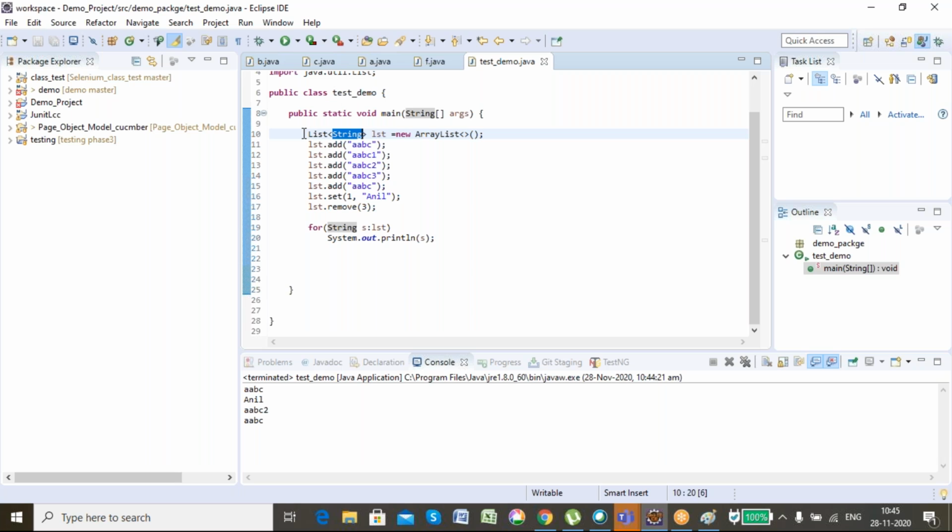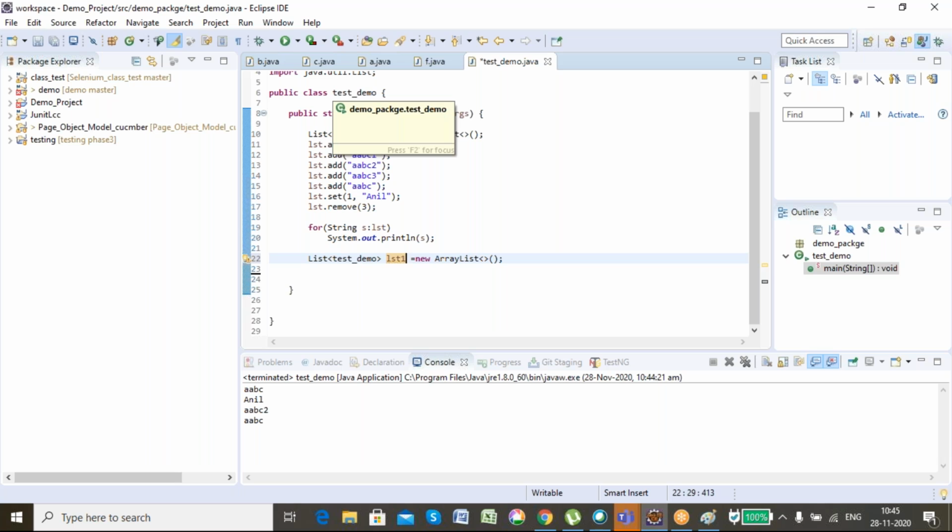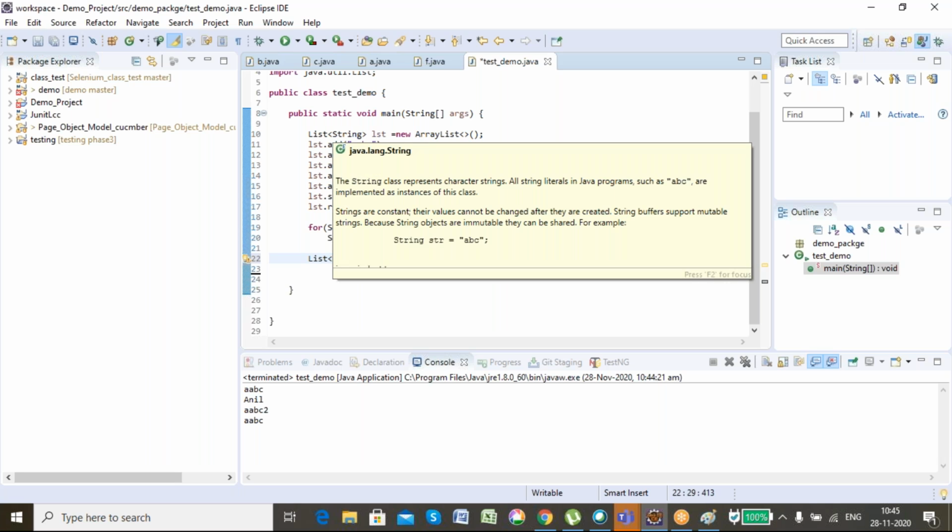Here what I can do is I can store objects of test demo. That means if I create multiple objects of this test demo, then each of these indexes will contain an object of test demo. That means it is way flexible in how you can use it. You can use it for data members, you can use it for objects, anything you want to use you can do it. Okay,